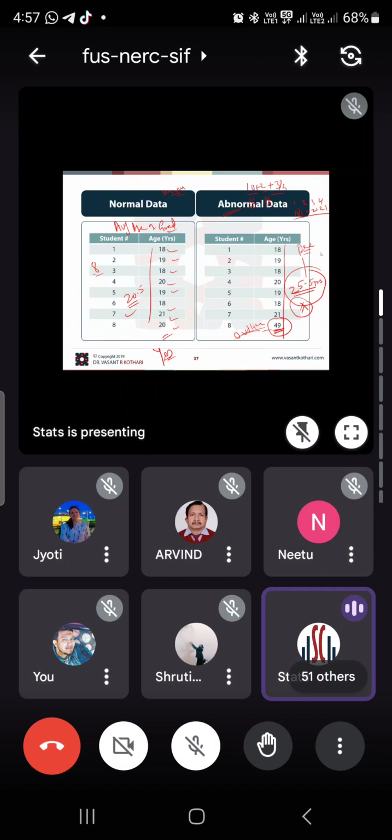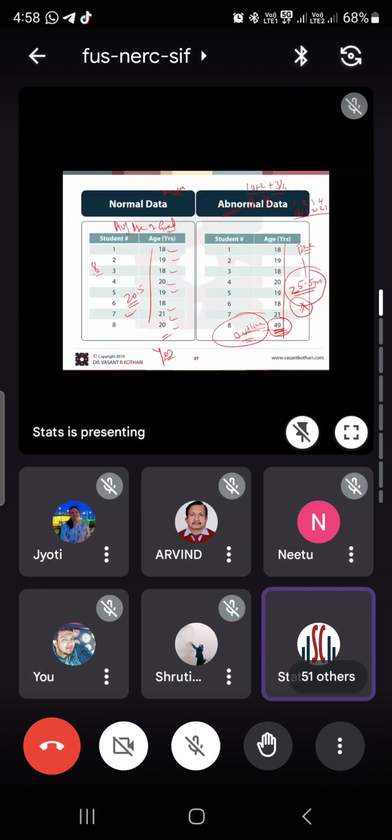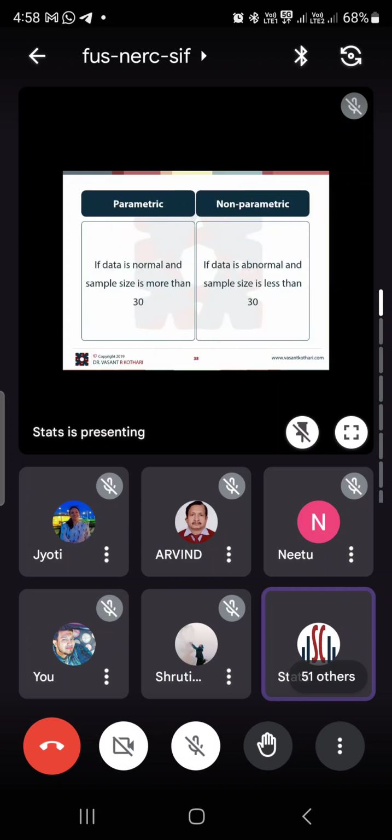So the moment we have the data, first we need to find out whether the data is normal or abnormal. The moment you have outliers in the data, that is abnormal data. Then you should not trust that data. You should not use a parametric test. You should use a non-parametric test on such data because your data is abnormal. What is a parametric test? What is a non-parametric test? I will be discussing that also. This is the first scenario: if you have an outlier, then it is abnormal data.